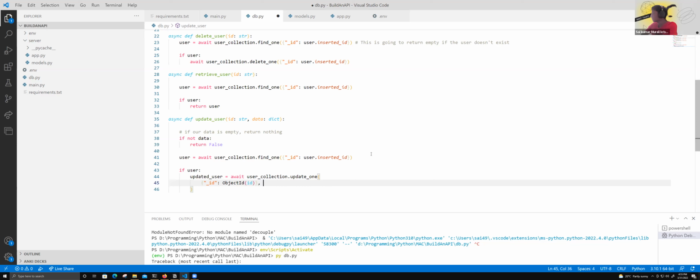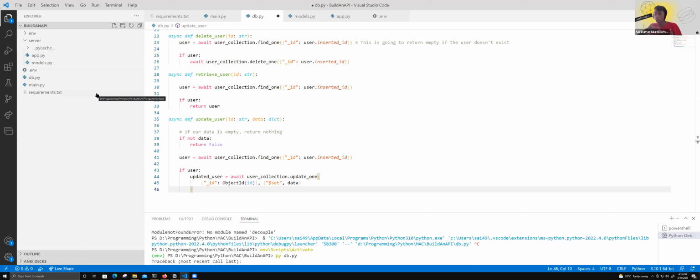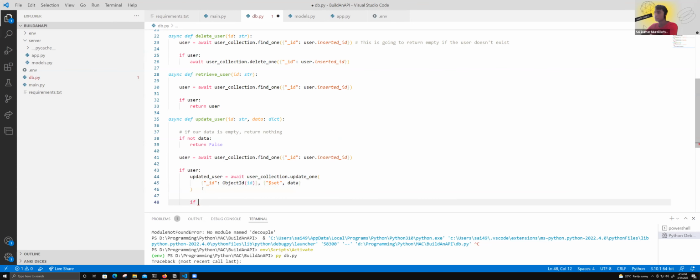Then we're also going to specify the set command, and we're going to set our data up. At this point, we don't really have a way of testing it, so we're going to have to debug it along the way if there are any issues. After we update our user, let's check if it was true,